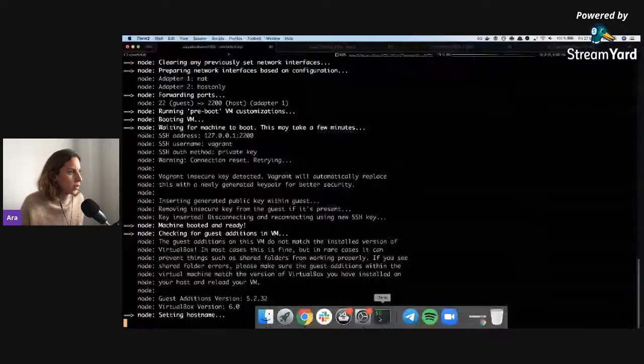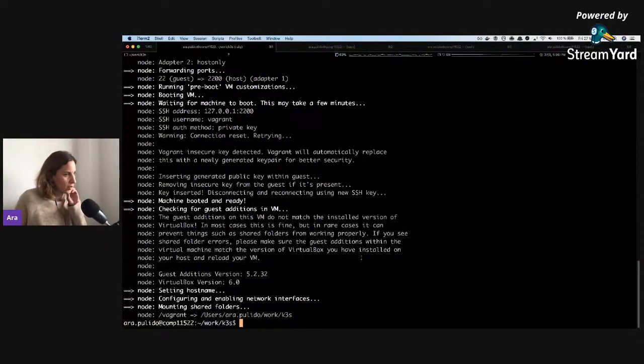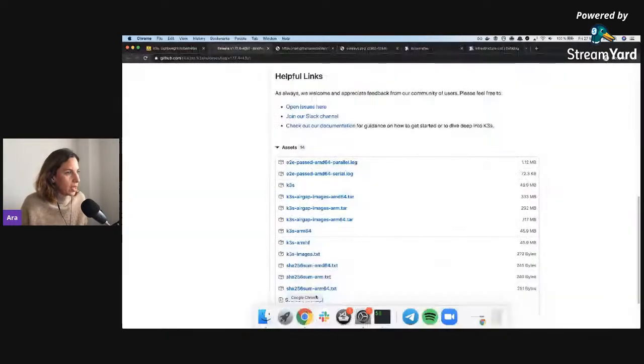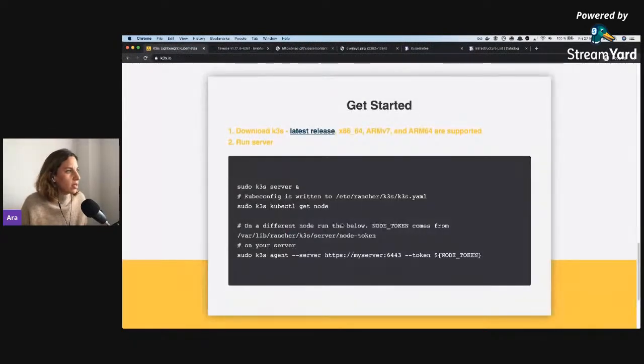Let's see how this is going. Still setting up. Okay, we are done. So let's go back to the page and see. The first thing that you need to do is to download this and run a server, and then run the agent elsewhere. So the first thing that we are going to do is SSH into